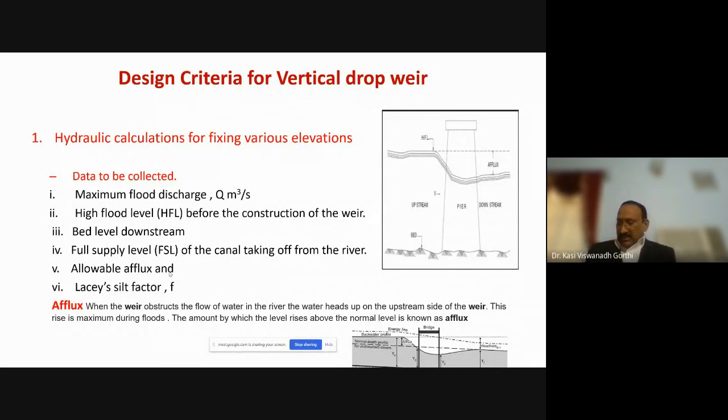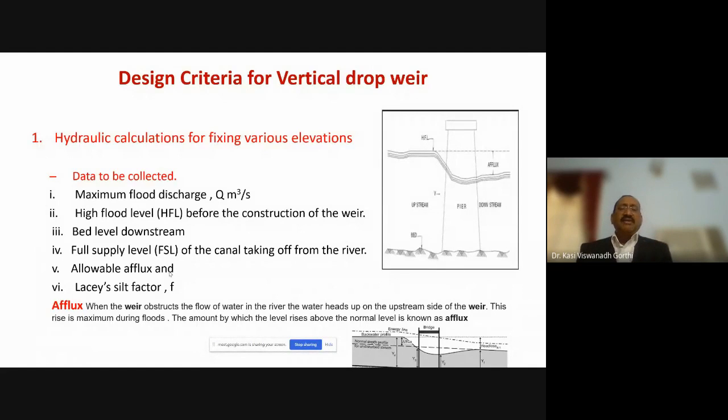So how do you get this and where do you get this? The immediate next question is, how do you get this and where do we collect this data? The maximum flood discharge usually may not be available at the particular location where you would like to take up the design of the weir, but a little upstream or downstream, there may be certain gauging stations. So by making use of the gauging station data, we'll be able to arrive at the flood discharge.